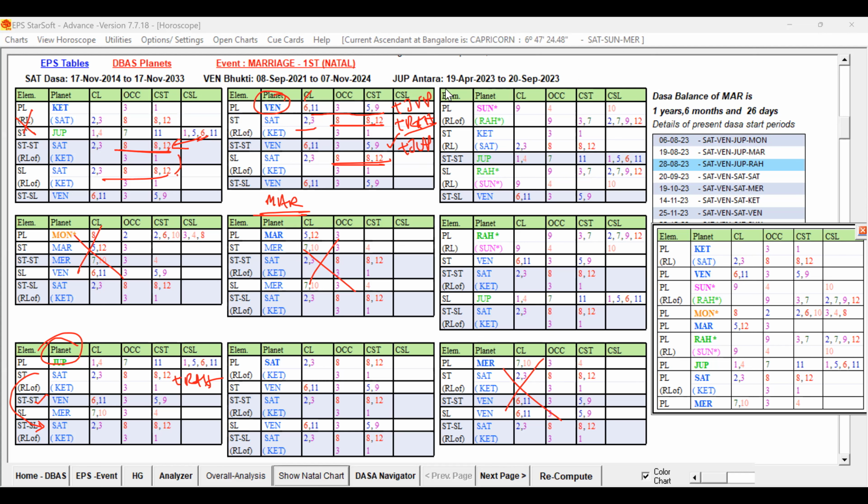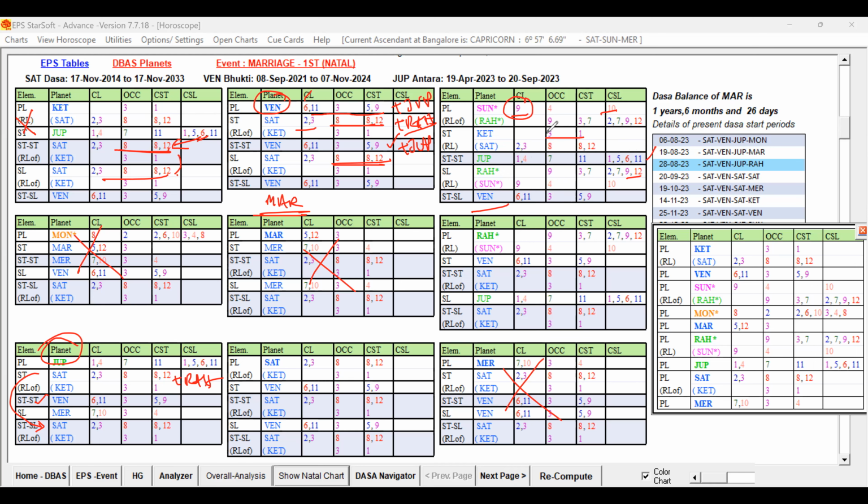Then comes Sun. Sun is having strength but also weakness, and the same star lord. You can see this. This is what I was telling. The star lord is having some weakness, not strong. This is also not strong. This is also not strong. And the 12 level planet Jupiter is fine, and the sub level also fine only, not a problem. But the only problem, we have to check where is the role of Venus. Venus is an important key planet, only at the last level. And another key planet is making that weakness.